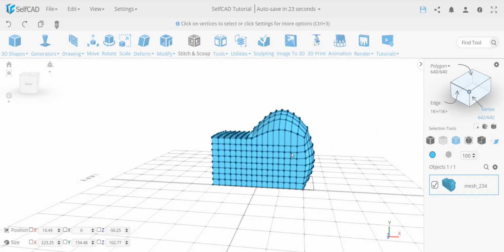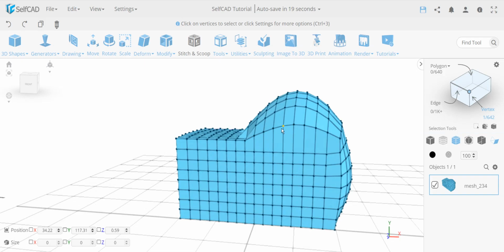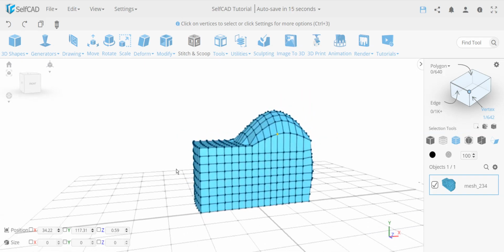For example, if you're going to take a single vertex, there's nothing you can do. You cannot inflate a vertex. There's nothing else to offset it. The same way you cannot scale something that is just one plane, you cannot scale it in that direction because it's 2D. There's nothing to make bigger. You cannot make something 2D bigger. You can add thickness to it and then make the thickness bigger, but something that is flat, just 2D, you